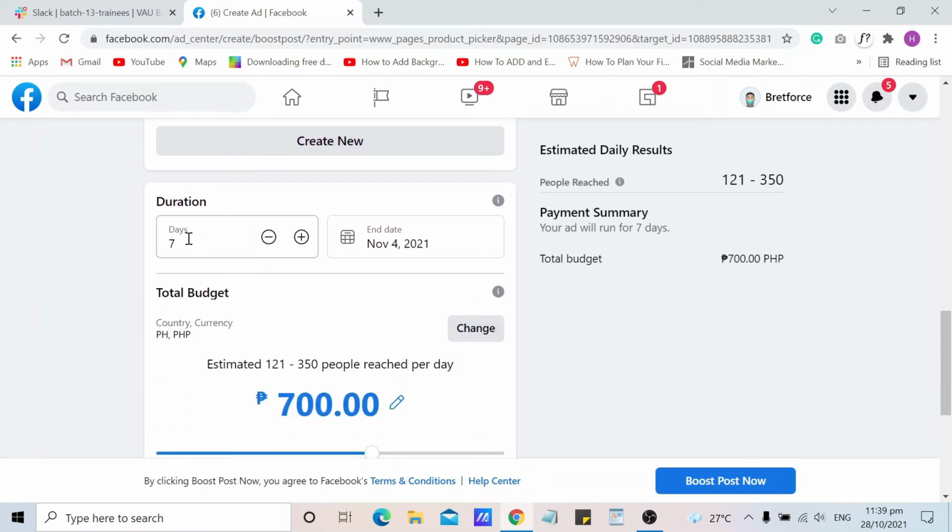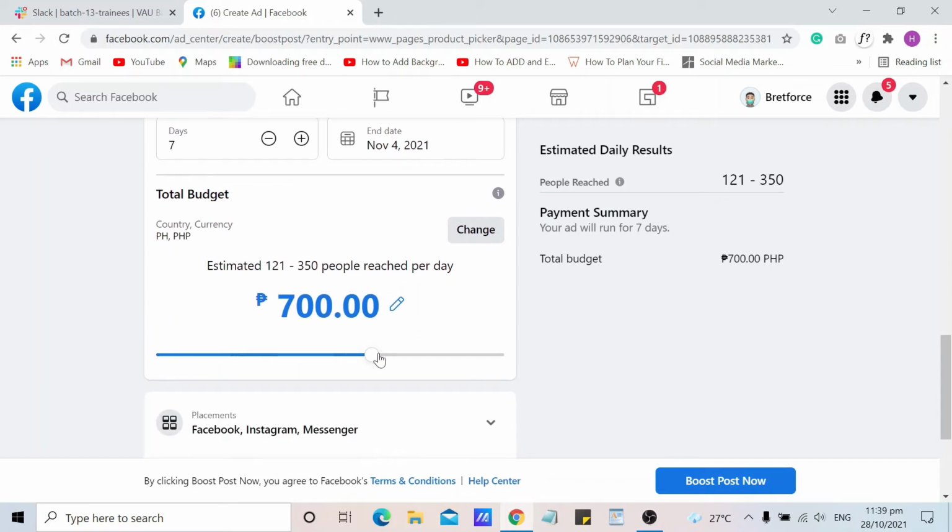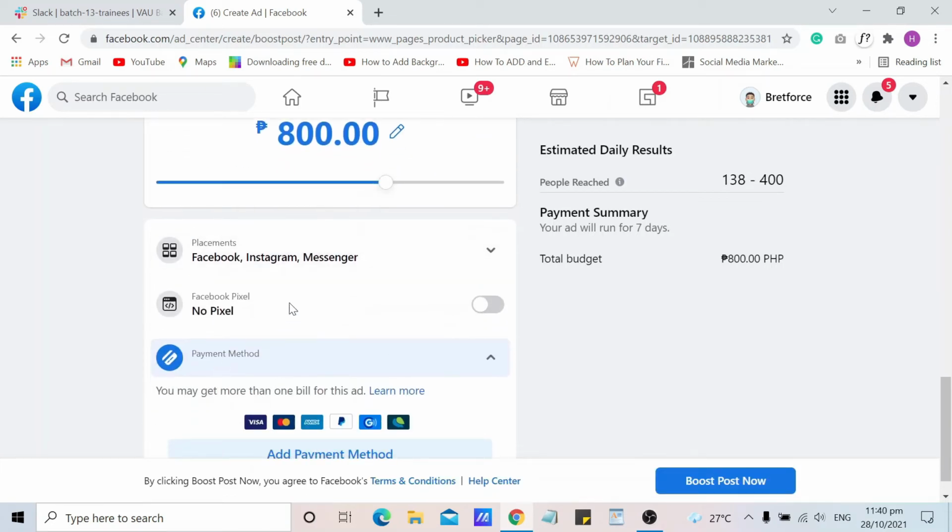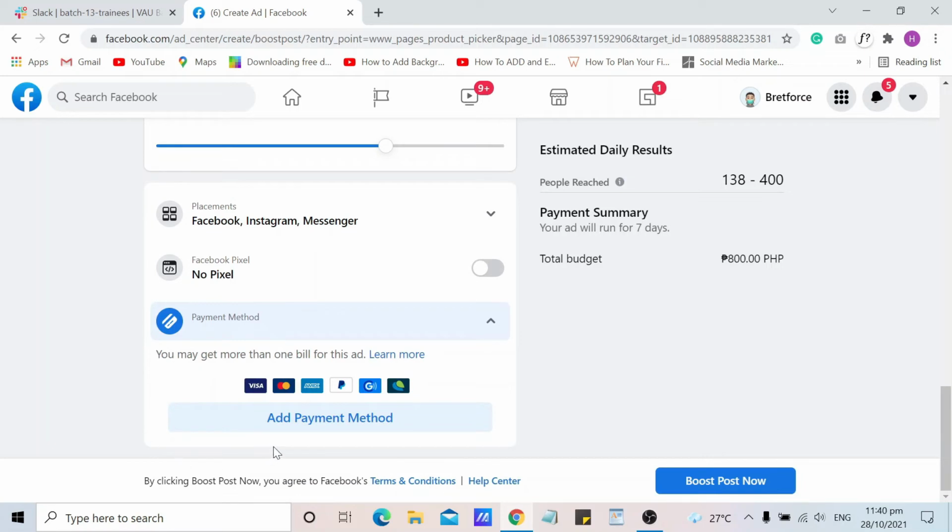You can select the duration of your ads, the total budget, just drag left or drag right. Then you can put a payment method.